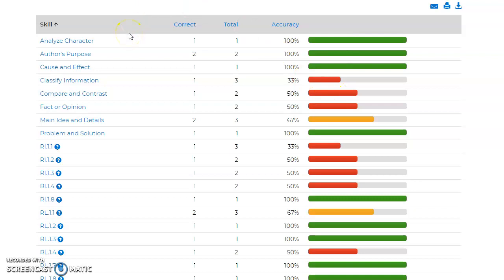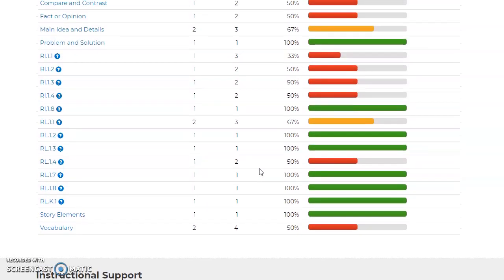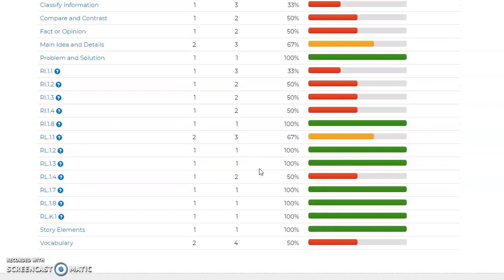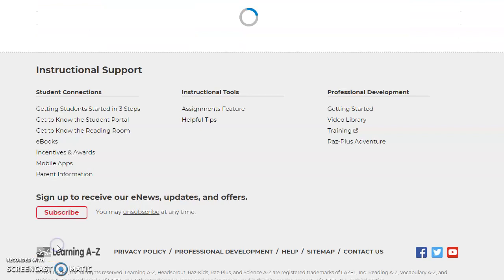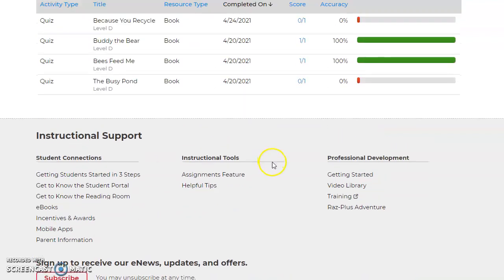It will tell you, based on the questions answered, how many questions there were in total and how many were answered correctly, and all this red bar tells us what we need to teach them or reinforce learning for. We can click on, for example, vocabulary. There were 4 questions and the student got 2 right, and then there's a red bar, which means that they're halfway. So maybe you want to include vocabulary in the next tutoring, and then clicking on that particular skill